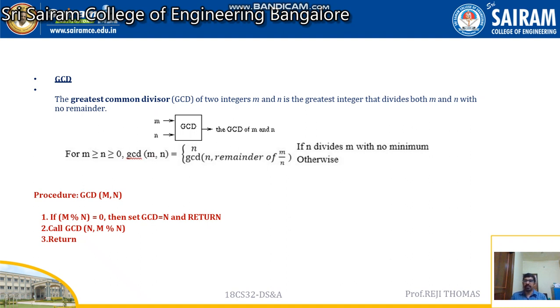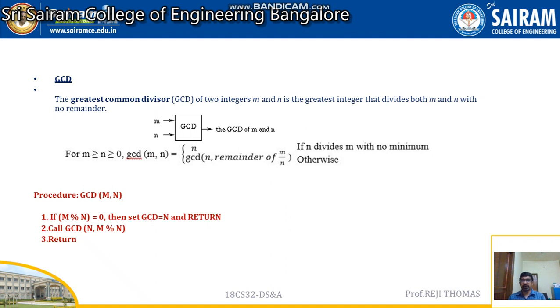So let us see another example. Again, this is very interesting and very simple. What you're going to do is find the GCD of two numbers. Everyone knows what GCD is, the greatest common divisor, which is going to give the GCD of two numbers. But the thing is, you have to do this in a recursive manner.